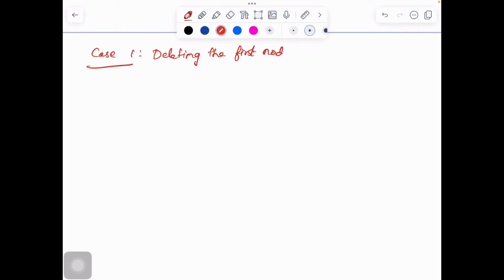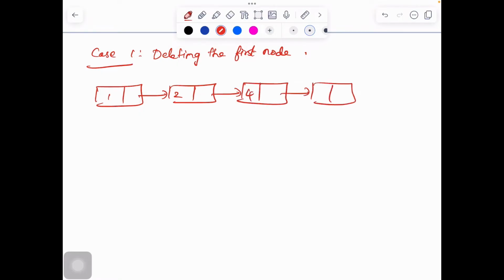Now let us take a simple linked list as an example. This is the linked list that we have, and the next pointer of the last node will point to null, and we use a variable called start to indicate the first node of the linked list.